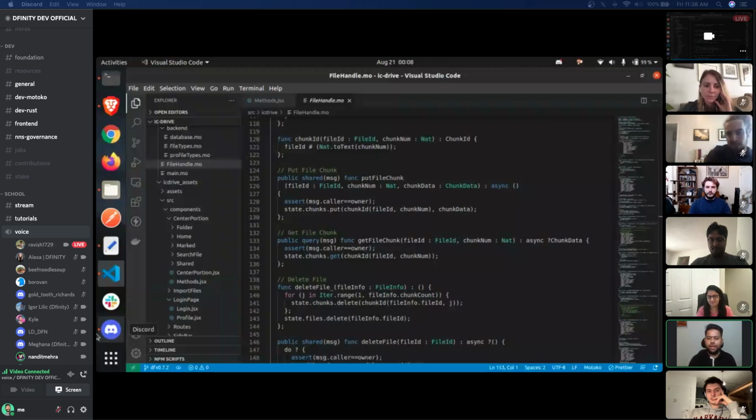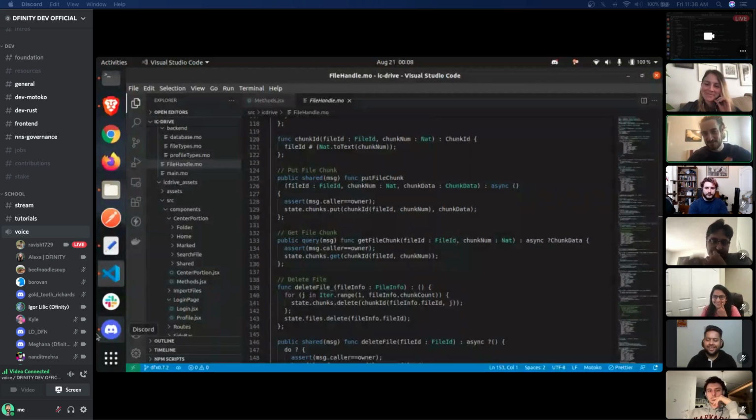That is something we are excited about in the coming months. Very cool, awesome. I look forward to the DAO-driven future.